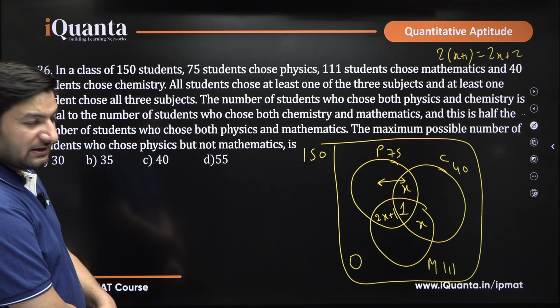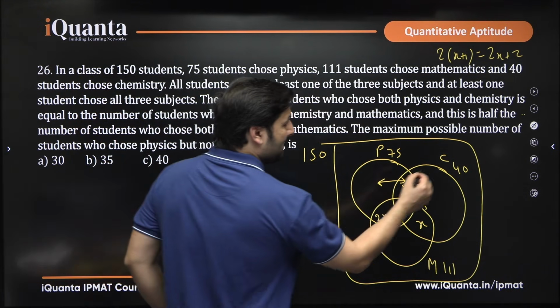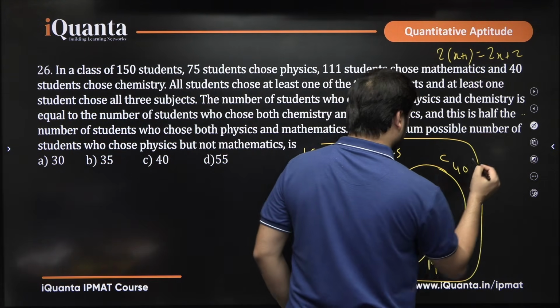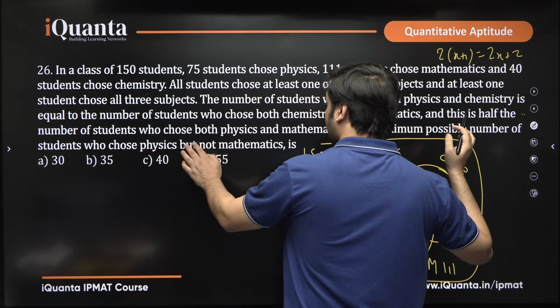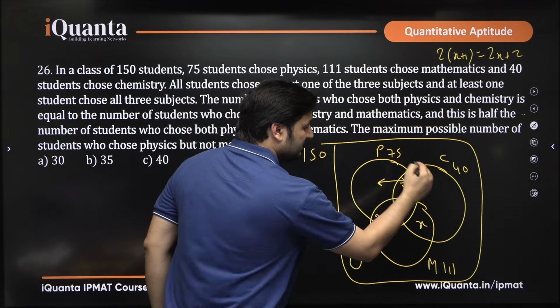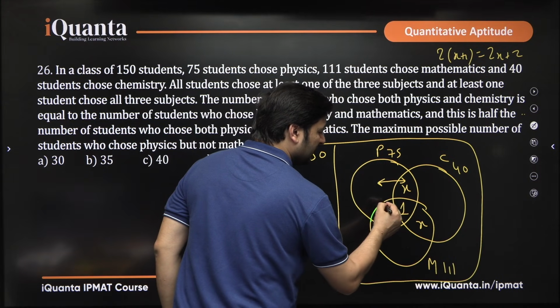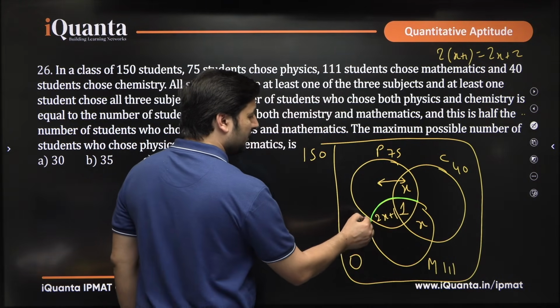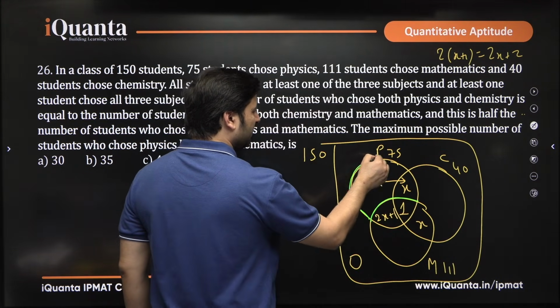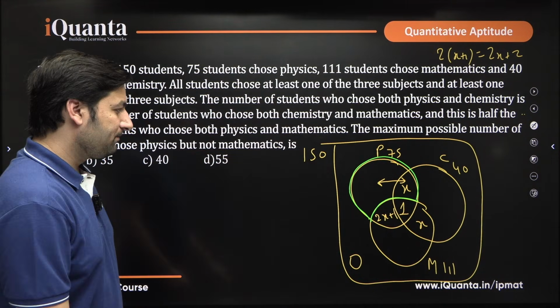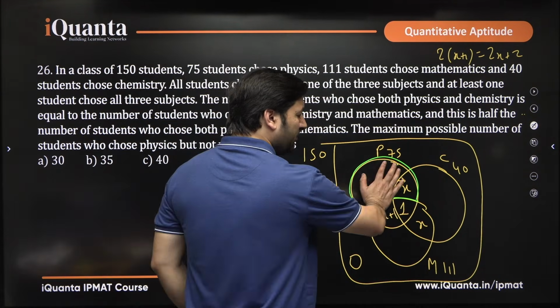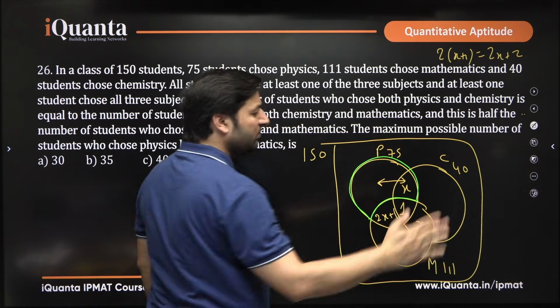I hope this is clear. You have to maximize this. Please remember, we are talking about the maximum possible value of the number of students who choose physics but not mathematics. Physics but not mathematics, that means only this region will be gone, okay. We are actually trying to find the maximum value of this region, the one that I have outlined in green. If you want to maximize this, everything else should be minimized,